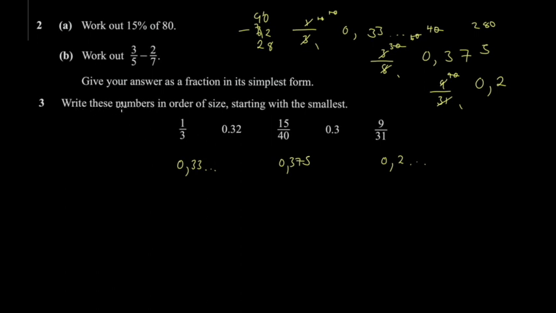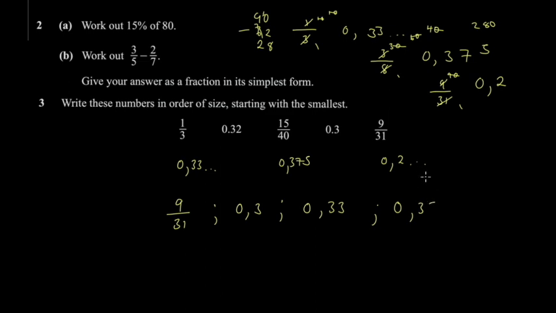Okay, so if you're asked to write the numbers in order of size, starting with the smallest, then you have to write them in the way that they are written. This was just useful for us to compare these numbers as if they were all decimal numbers. So this one you actually identify, this is 0.2 something, so this one must be the smallest. So you'd have to say 9/31 is coming first, and then all of these ones, this one should be coming next since it's just 0.3, and this one should be coming next since it's 0.33, and then this one will be coming last since it's